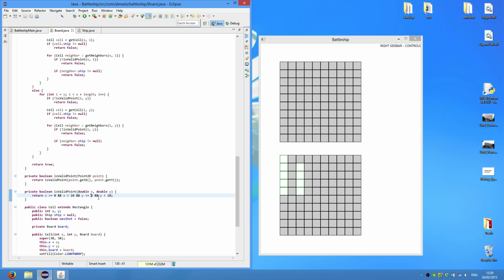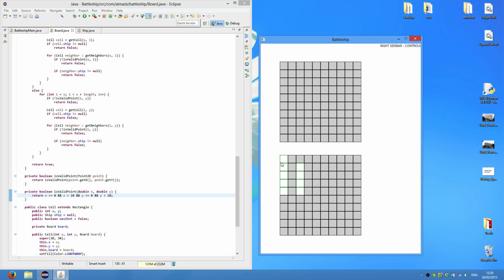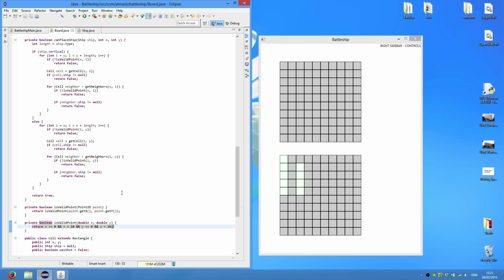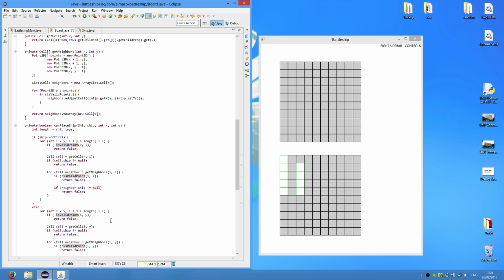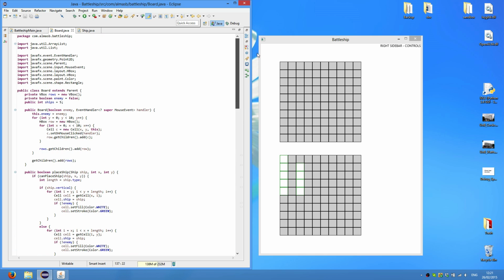Same applies for y coordinate. It has to be greater or equal to 0 and less than 10. So this is 0, 1, 2, and so on until 9. And when we call this, it simply delegates to another method, which is this one. So we've covered the class board